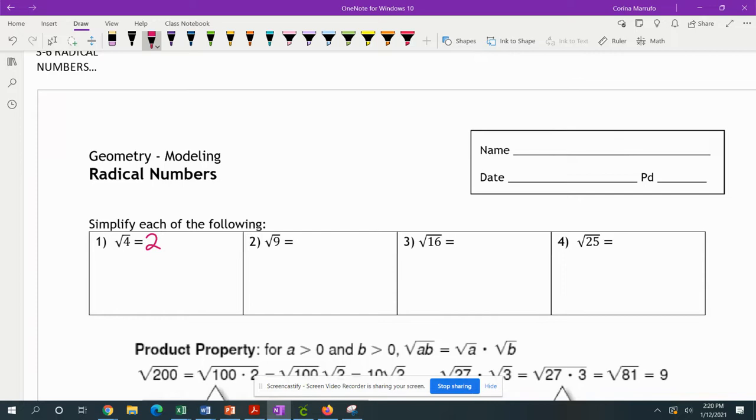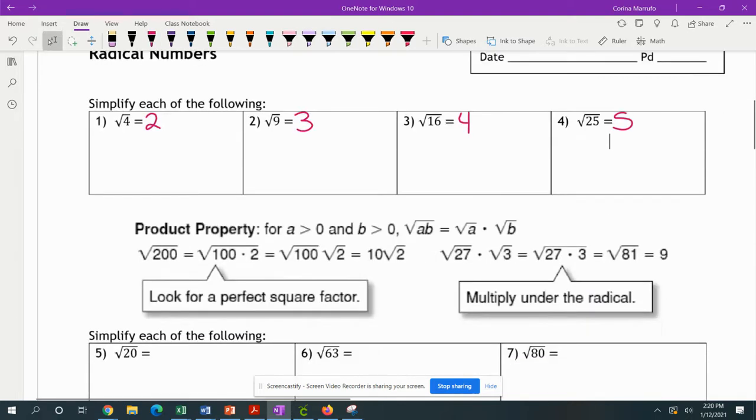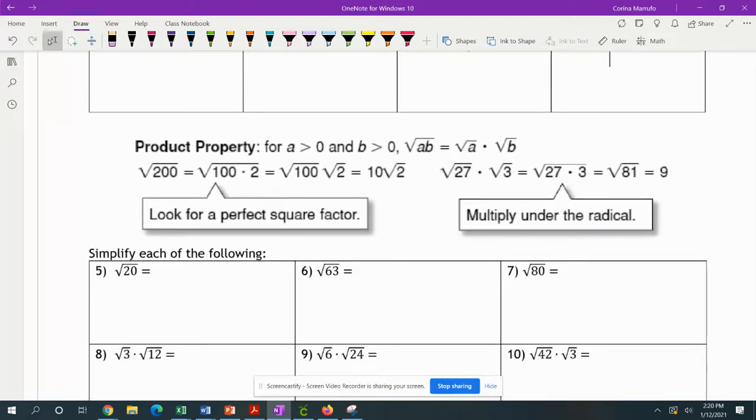All right, the square root of 9, that also gives you a whole number. That gives you 3, because 3 times 3 gives you 9. The square root of 16 gives you 4. And the square root of 25 gives you 5. Okay, so you have some certain properties that we can follow. We have first the product property,